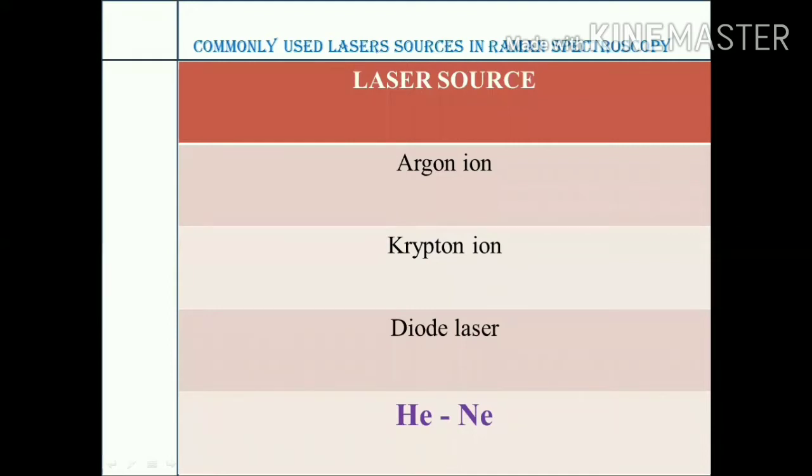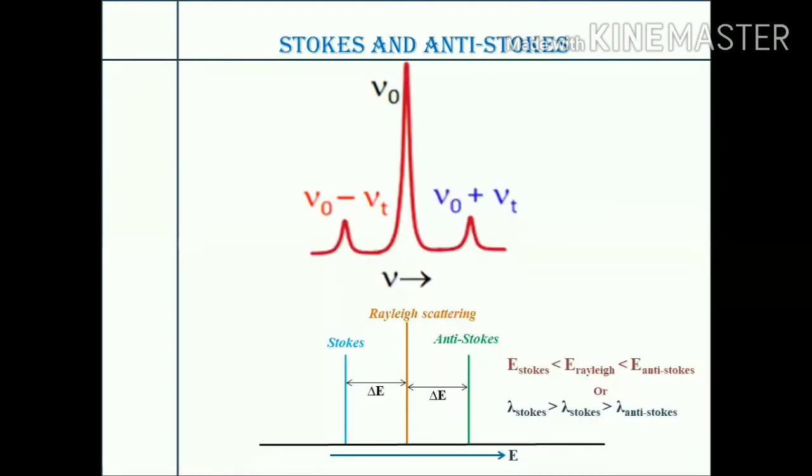Okay, after having an idea about the laser sources that are used in Raman spectroscopy, let's move on to a quick brush up of what we had learned in our previous videos. We had attained this kind of spectrum in which we observed that the central peak is a very strong peak. It has a great amplitude, whereas the other two peaks that lie left and right of this central peak are less intense, smaller peaks.